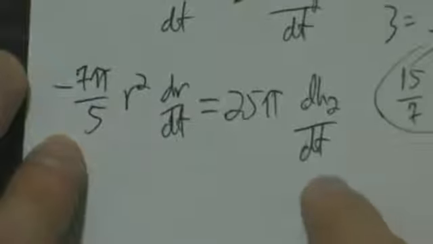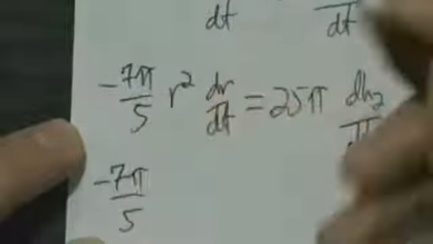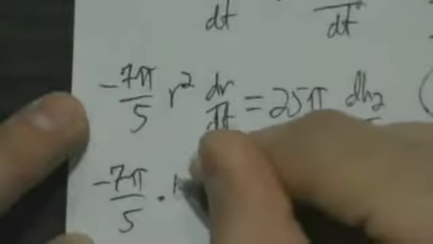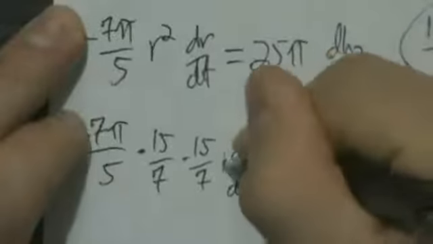So now actually we're almost done. We have everything that we need to find dh2/dt. We know r now, and we know dr/dt, so let's go ahead and plug those in. So what do we have? Negative 7π/5 times 15/7. It's r squared, so it's 15/7 squared. So let me write it like this: 15/7 times 15/7 times dr/dt. Oh, sorry, dr/dt, we know that. We're given that it's negative 2. So let's just write that as times negative 2 equals 25π